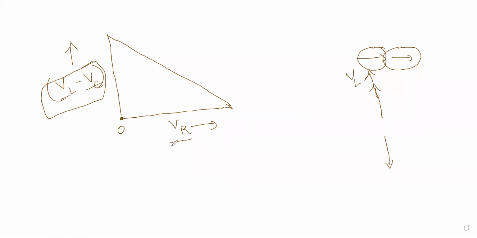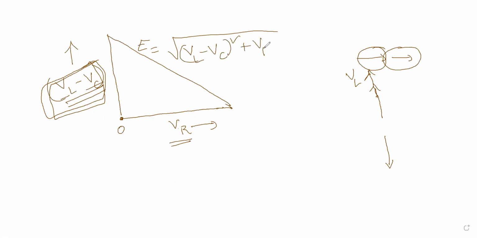In the case of resistor, the voltage and the current will have the same phase. So we added the potential differences which are along one line. This is along y-axis. But because they are opposite, we have taken the subtraction. And now this is the resistance. And now the resultant EMF is given by the hypotenuse, that is VL minus VC whole square plus VR square. This is how you get.